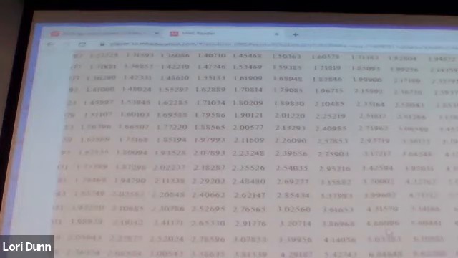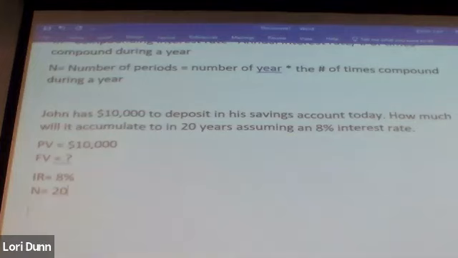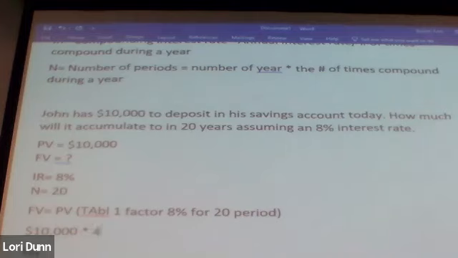This is a factor. So I'm going to go back. 4.66096. There it is. And what I do is the future value equals the present value times the table 1 factor using 8% for 20 periods, which is the 4.66096. So 10,000 times 4.66096 will give me